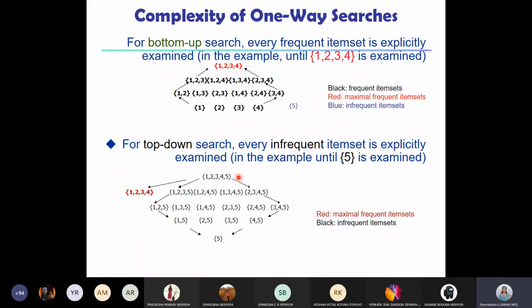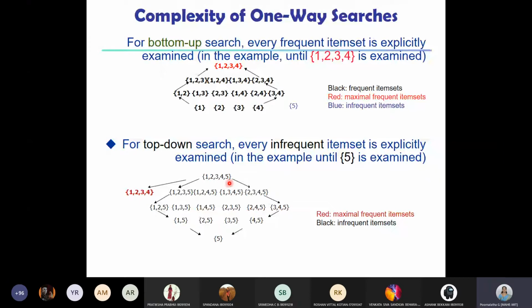But in general, in reality, when you have thousands of items in your shop or mall, no customer is going to purchase all the items that are available in a mall. So it cannot be frequent, right? So what we do next is, if it is frequent, we are done. If it is not frequent, we determine all its subsets of size 1 less than this.